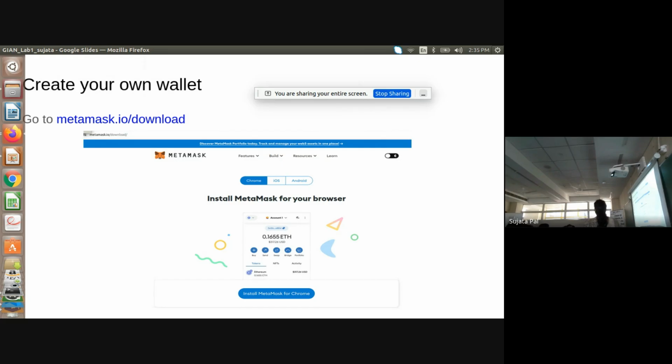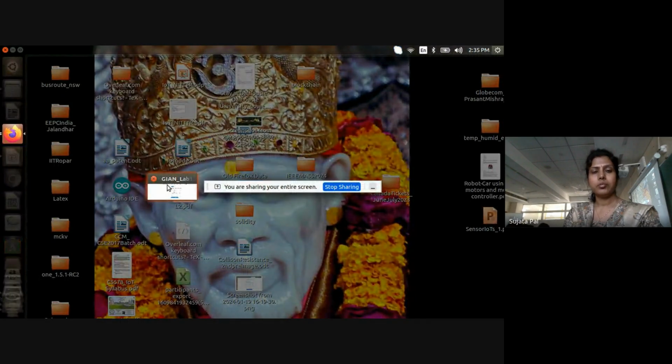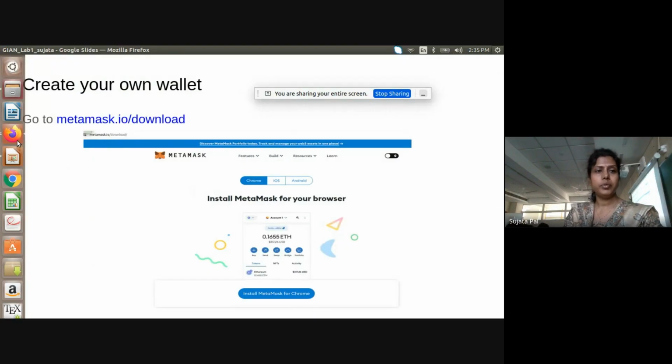So for creating your own wallet, you have to go to metamask.io, start download. So open a browser.